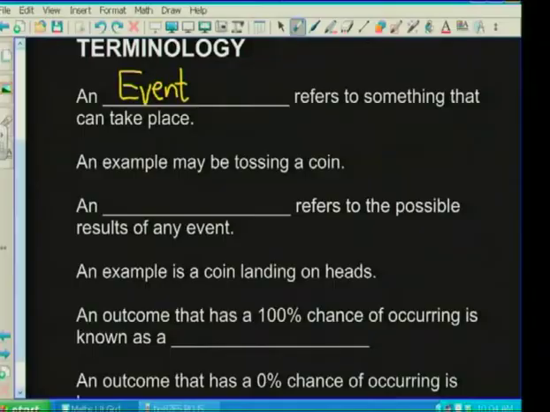When we talk about probability, we could use an example, for example, tossing a coin. If I took a coin out and I threw it over here, that would be an event. I'd say I'm going to throw a coin. And we could let that event happen once, maybe twice, or even 10 times in a row, and we could see what happens. So the event is the actual occurrence of something,